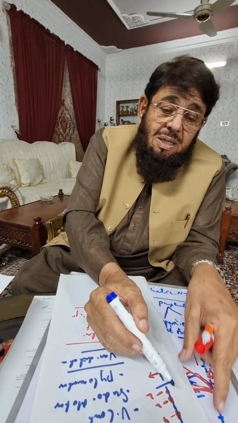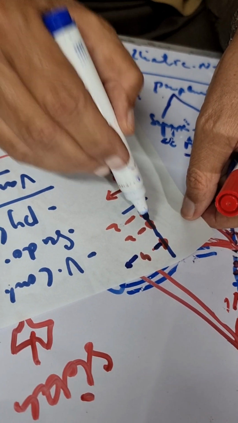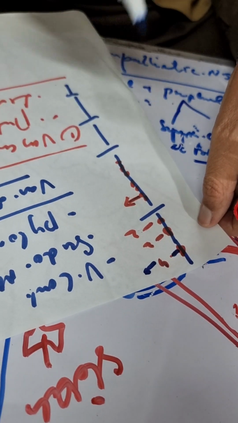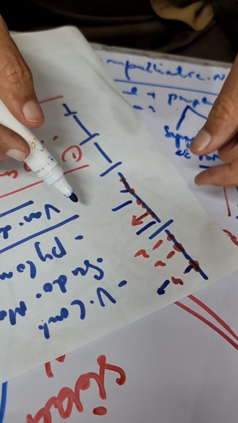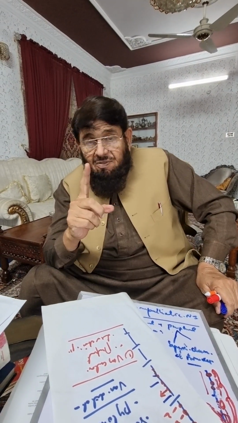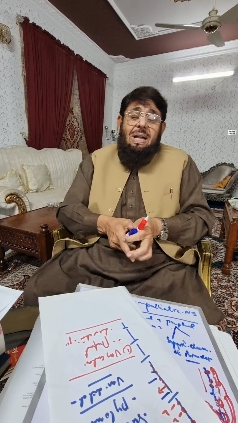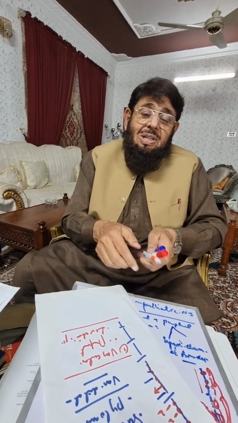In this way, the superior cervical ganglion gives postganglionic branches to the upper four cervical nerves, the middle one gives to the middle two cervical nerves, and the lower one gives to the lower two cervical nerves. And in this way, the thoracic ganglia give branches to all of their nerves. Each spinal nerve must have postganglionic sympathetic fibers, while the cranial nerves do not have any sympathetic fibers. Now, what happens? These spinal nerves then reach the somatic area. For example, they reach the skin.